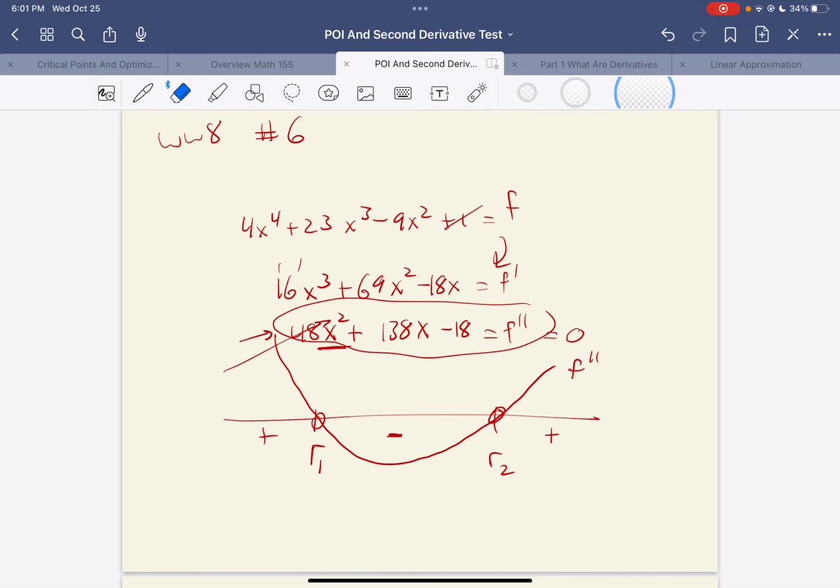Okay, I'm lying a little bit with the algebra because it's possible you only have one repeated root. For example, x squared, that's only one root. It's when x is 0. It's called a repeated root. And then you could have no root, so like something like this. If this was f double prime, you'd have no roots, you'd have no points of inflection. But that doesn't apply here. Who cares? All right, what else do we got? 7, you all should be able to do. That's some curve matching and just some